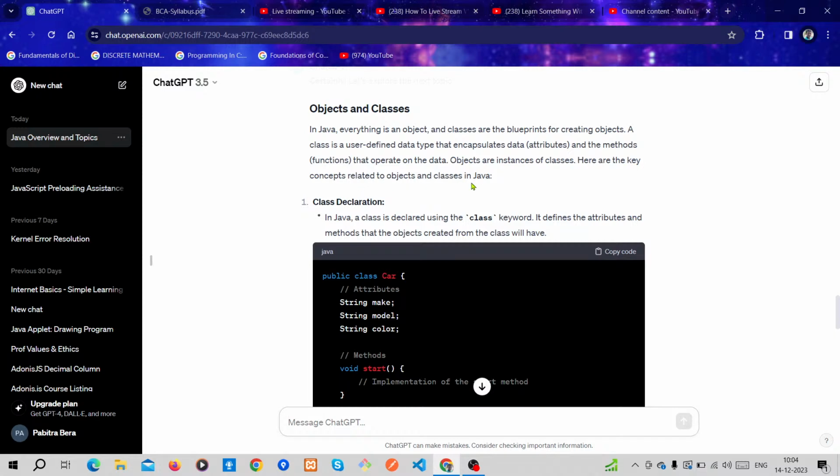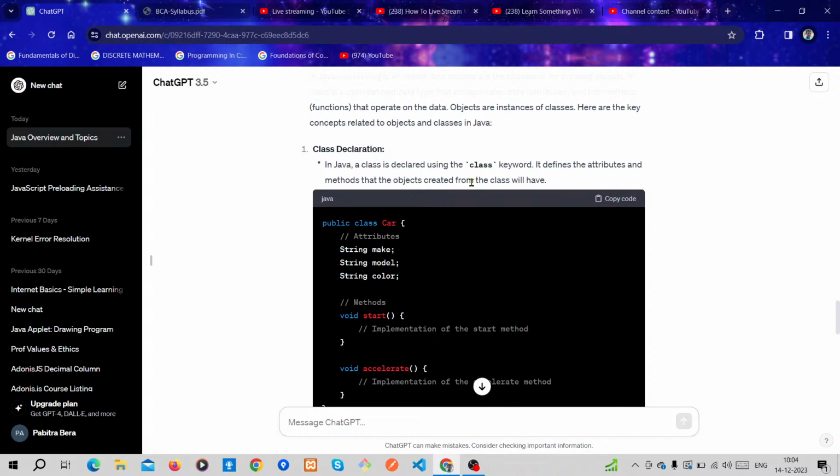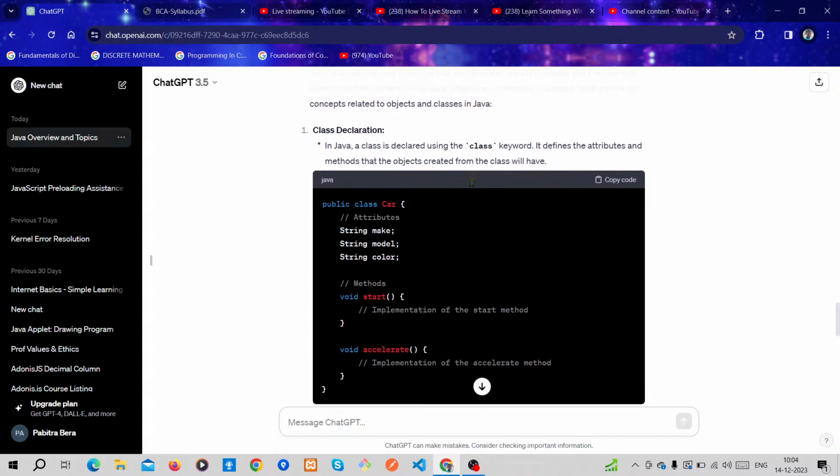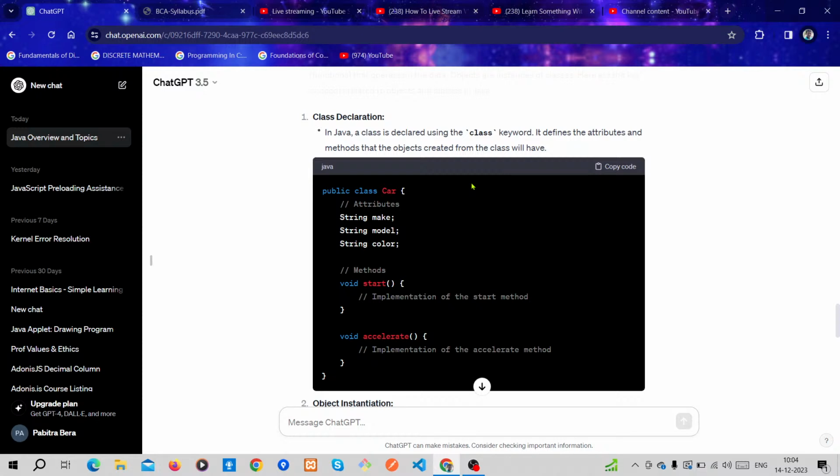Here are the key concepts related to objects and classes in Java. So let's discuss the key concepts. The first one is class declaration. How can we declare a class? Create a class in Java. In Java, a class is declared using the class keyword, in small letters.